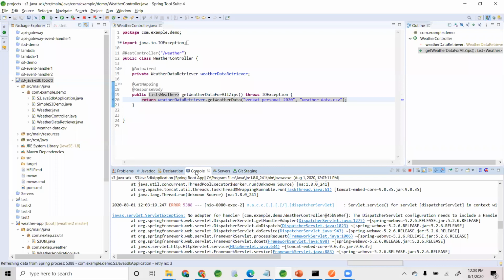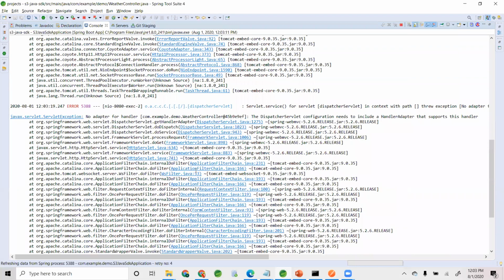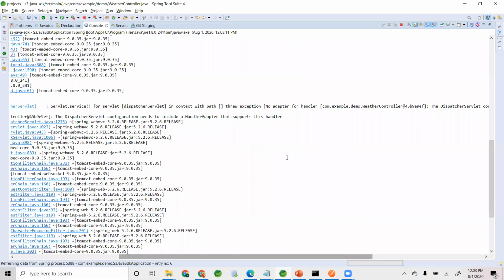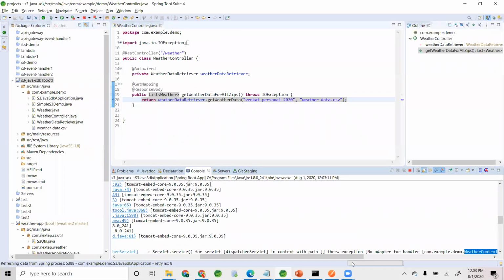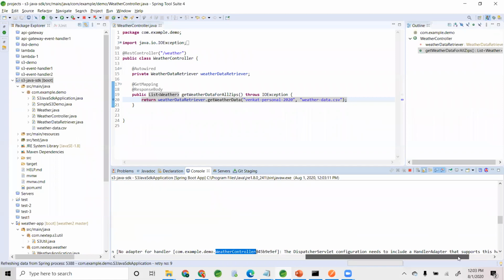See here itself. Dispatcher servlet, in context. Oh, servlet exception. No adapter for handler, weather controller. Okay, the dispatcher servlet. Makes sense.